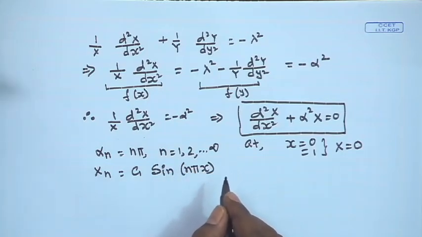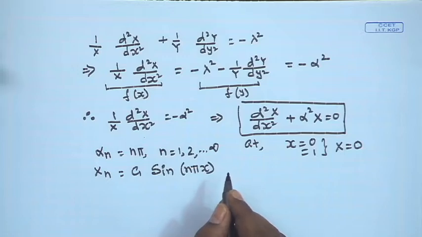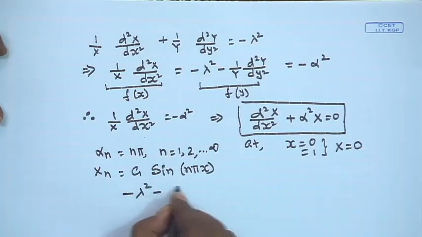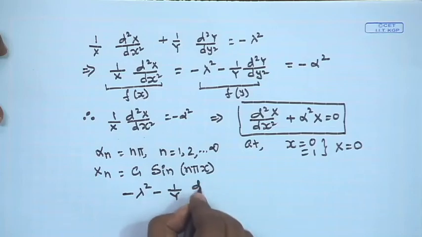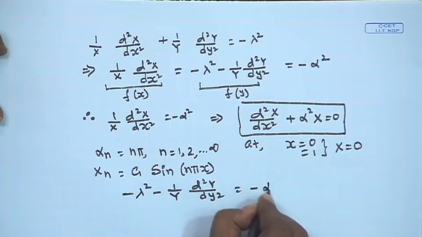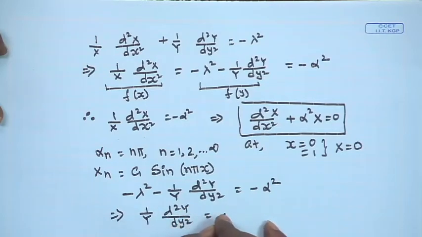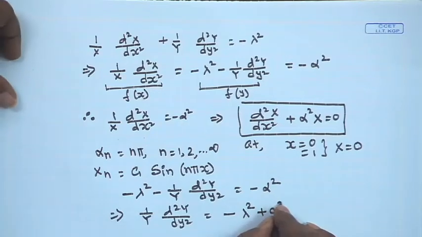Okay. So, this is the solution. Now, let us look into that. Let us turn back our attention to the y varying part, and let us see how the y varying part looks. So, minus lambda square minus 1 over Y d square Y dy square is equal to minus alpha square. Therefore, 1 over Y d square Y dy square is equal to minus lambda square plus alpha square, and